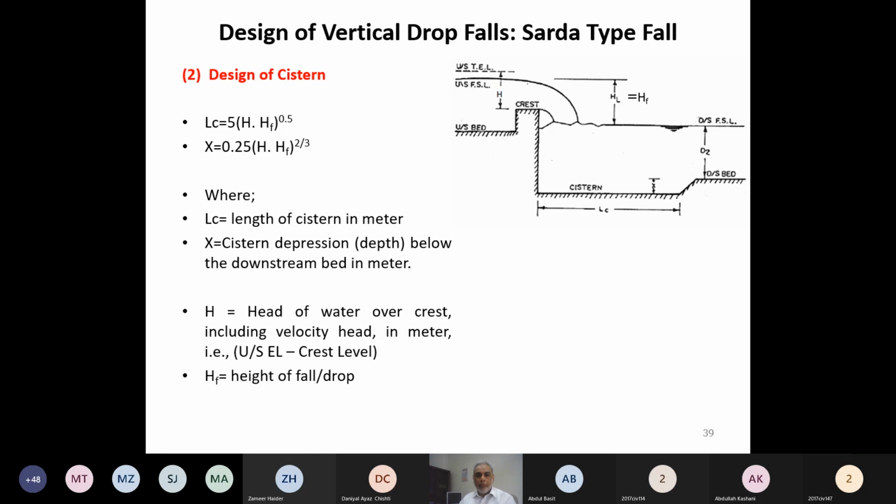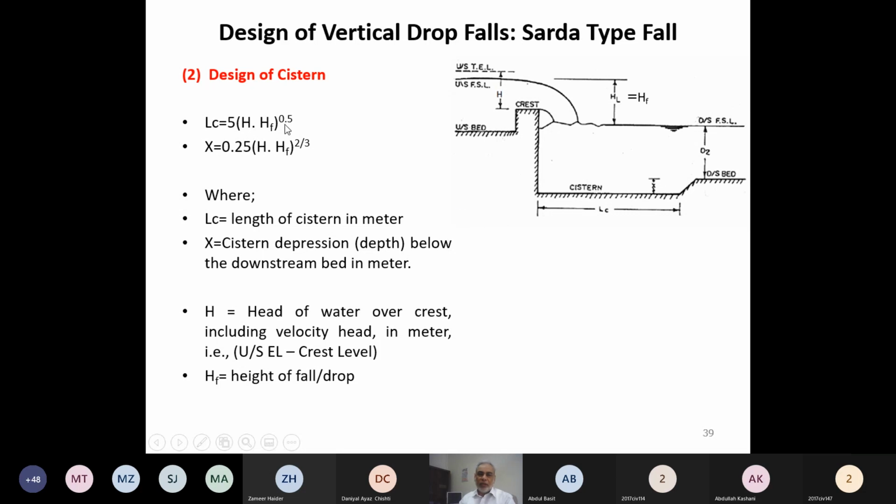ओके, this is easy. Length of the system should be at least a quarter of H into HF to the power 2/3। H is the head जो हमने पहले डिस्कस किया था, head above the crest, total energy head। कैपिटल H इज द टोटल एनर्जी हेड, टोटल एनर्जी लेवल माइनस क्रेस्ट लेवल, जो हमने पिछले स्टेप में कैलकुलेट भी किया। HF इज द फॉल हाइट, यानी अपस्ट्रीम वाटर लेवल माइनस डाउनस्ट्रीम वाटर लेवल, और अपस्ट्रीम बेड लेवल माइनस डाउनस्ट्रीम बेड लेवल, बोथ विल बी होपफुली सिमिलर।